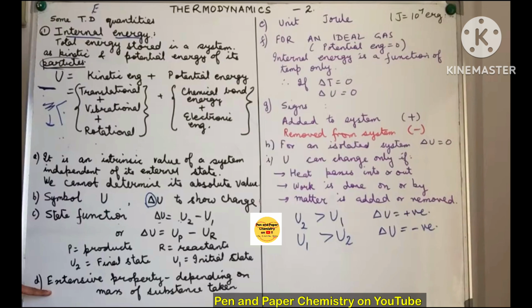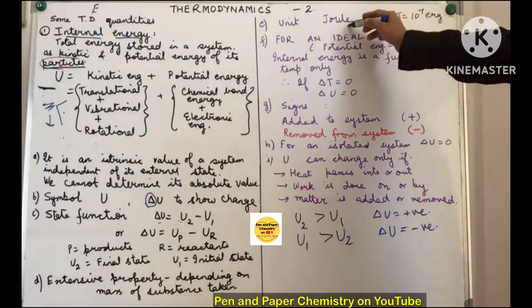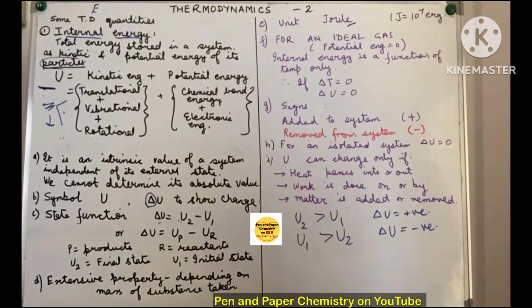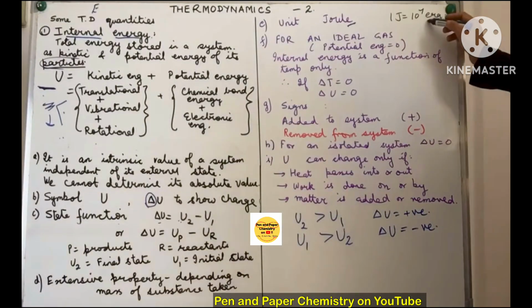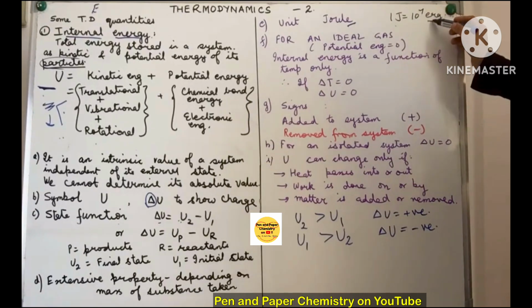It is an extensive property because we know that it is depending on the particles. So more the number of particles in a system, the internal energy will be different from its initial state. The unit of energy, since it's simply a form of energy, so the unit of this form of energy is joule. This is the SI system. We can also correlate to its CGS unit, where we say 1 joule is 10 to the power 7